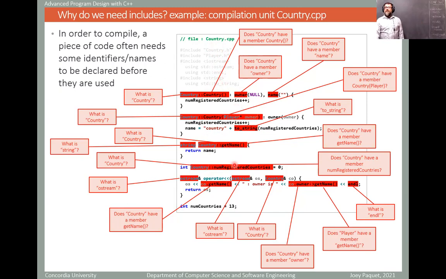So yes, you have code, you use things that are defined or declared somewhere, but not inside of this code here. Country in this piece of code here, country is not defined. Owner is not defined. Name is not defined. All of these things here, they're not defined. So you have to tell the compiler to read other files that will provide these definitions or declarations,